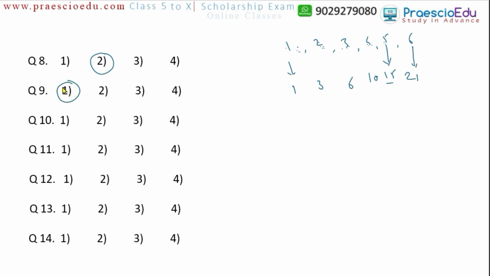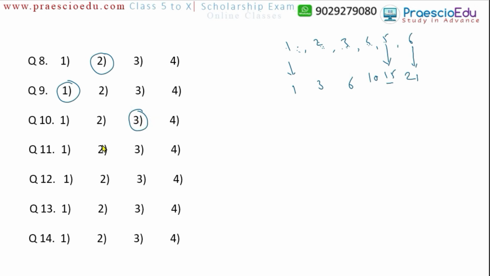Then question number 10: 14 hours and 5 minutes, then 19 hours and 15 minutes, 5 hours and 9 minutes, then 23 hours and 20 minutes. Out of these, all are mentioned in the 24-hour clock. All are post-midday, or afternoon, but 5 hours and 9 minutes is pre-midday, or morning time. So that's why option number 3 is the different one for question number 10.